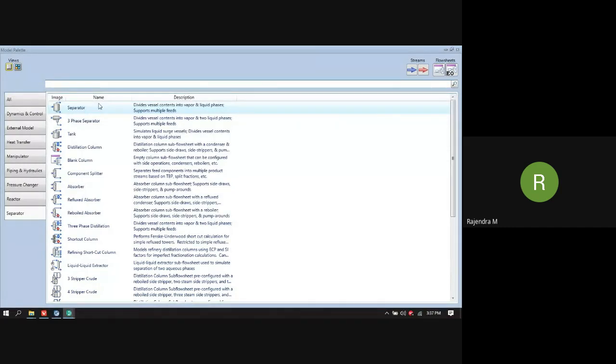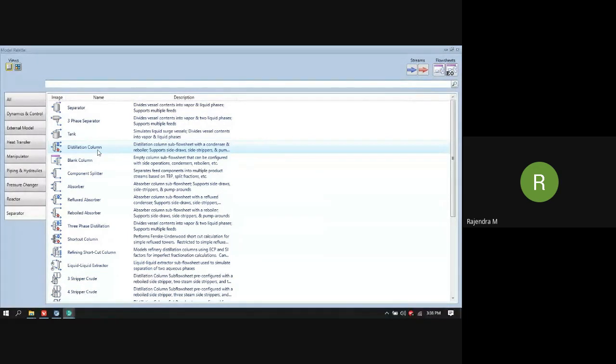Now the fourth tab is the distillation column. Here in this distillation column, you can see this is a rigorous distillation column. It means that on every stage, component balance, mass balance and enthalpy balance is done. In general, to simulate a distillation column, we use this general rigorous distillation column. We use this tab generally when we do industrial simulations.